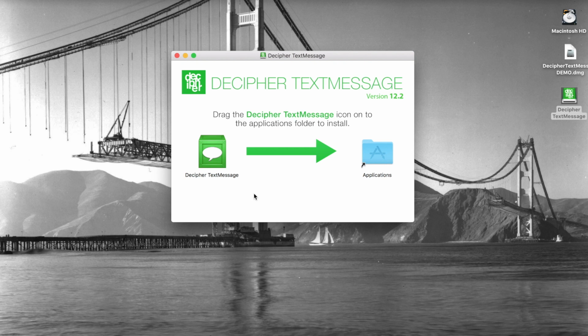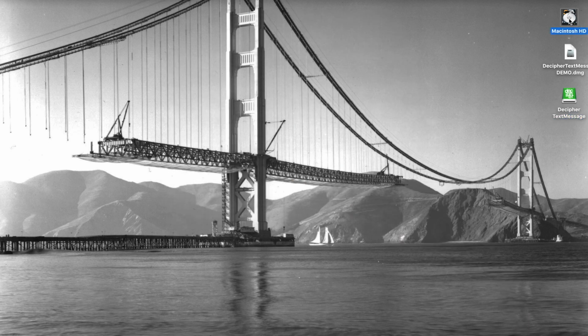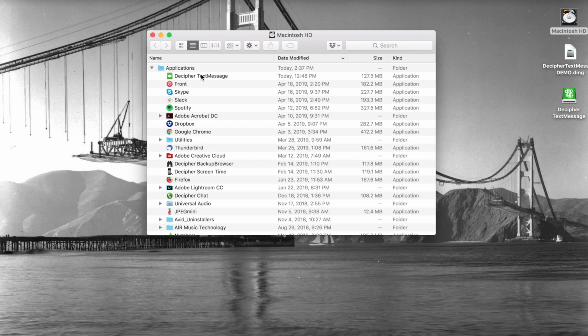Now if you're on a Mac, you can open up the DMG installer and simply drag the Decipher Text Message icon into the Applications folder to copy it to your computer. If you're on a Windows machine, you will download the installation package and run the installer as you would with any normal Windows program. Now after the program installs, we're going to go to our Applications folder and double-click on